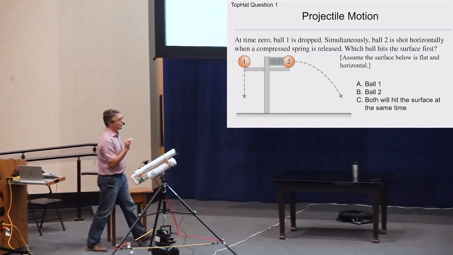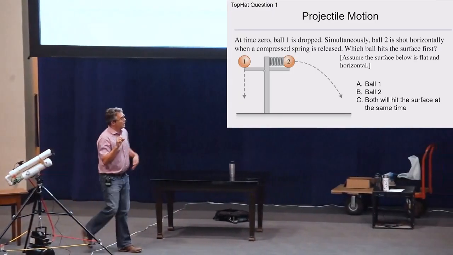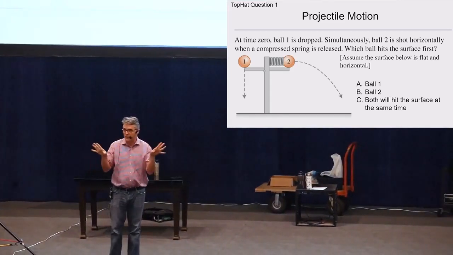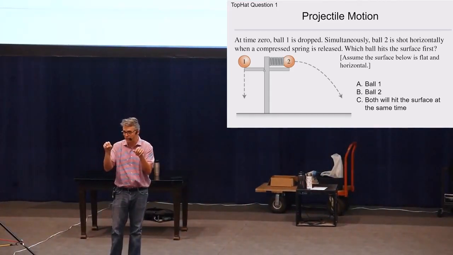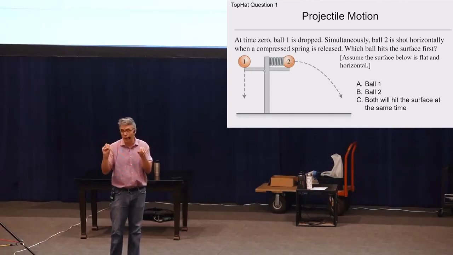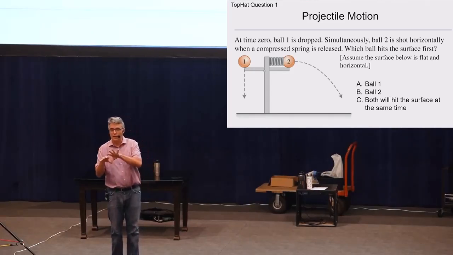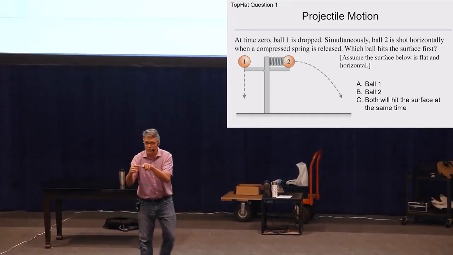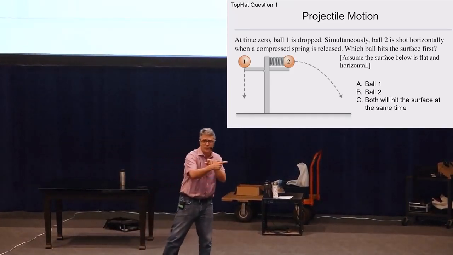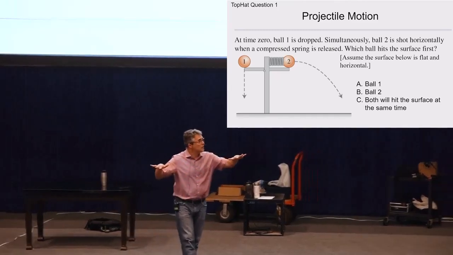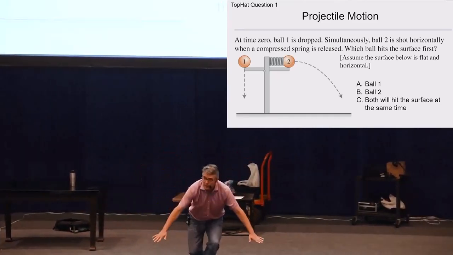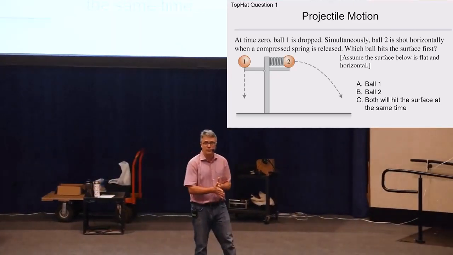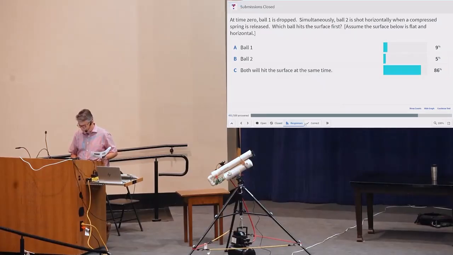You've got 2 balls, and at time t equals 0 or something, they're both released, and one is released simply by dropping it from rest. That's ball 1, and the other one is released with this spring launcher, which launches it with a horizontal velocity, so it's going straight sideways. And the question is, which ball will hit the surface first? Assuming that below there is some sort of horizontal flat surface. Both at the same time. So